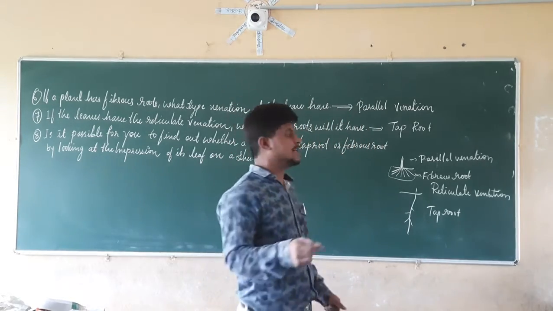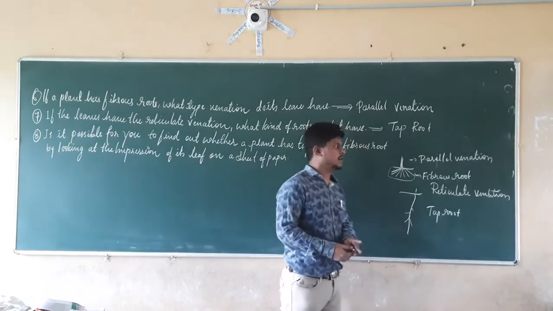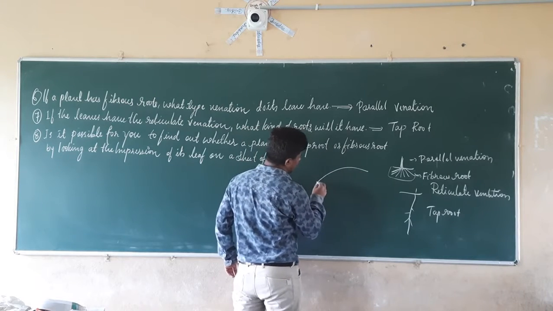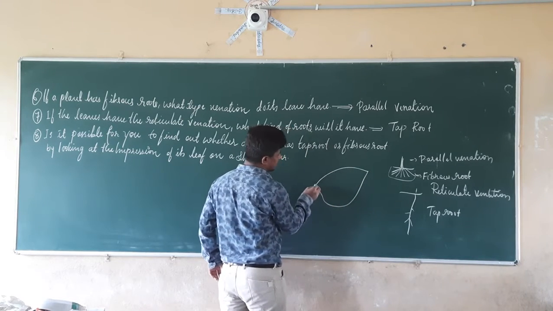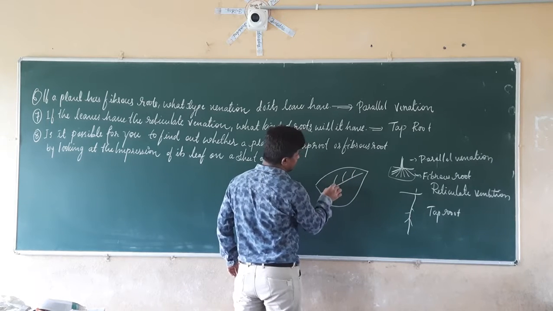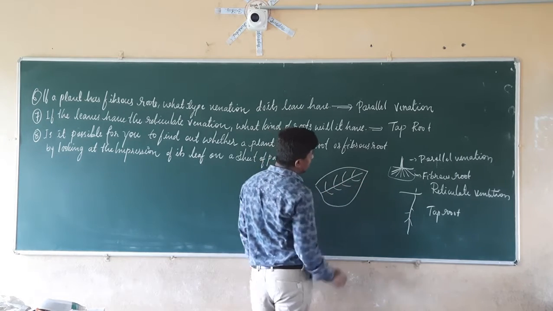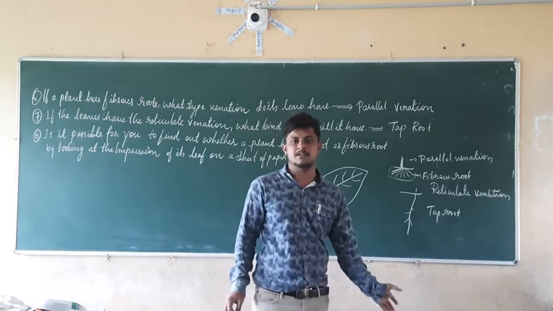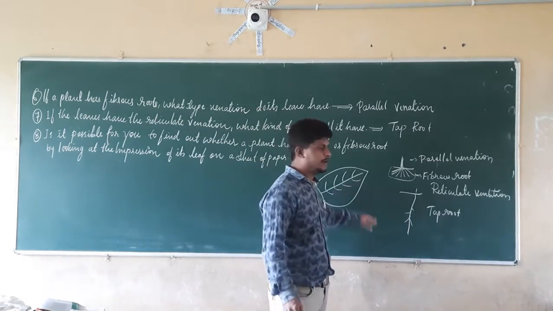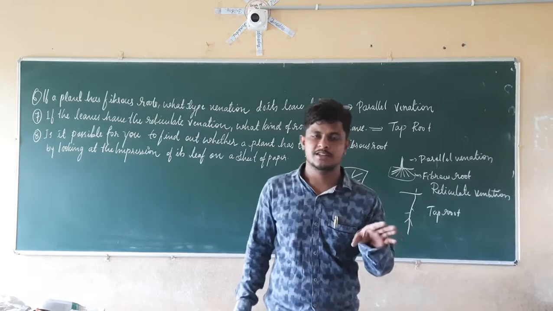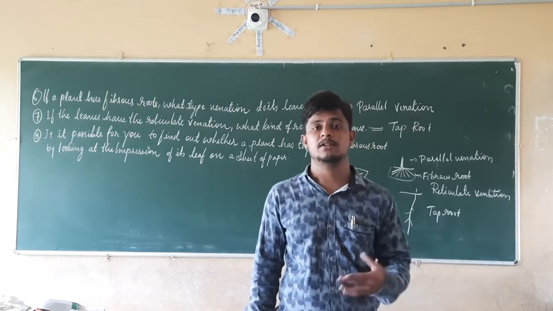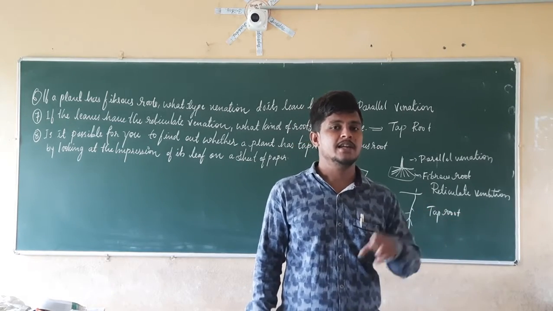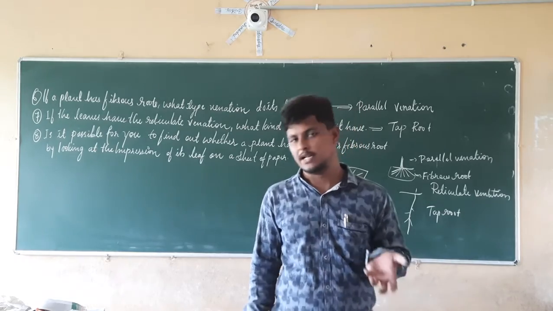By checking those impressions, by checking those designs, if the leaf is having a reticulate venation, or if you check here, if that leaf looks like this, or the impression of the leaf looks like this, then we can say it as the reticulate venation. And if the leaf has the parallel venation, then if those veins are parallel to each other, then that venation is known as the parallel venation. So by the structure, by the impression of the leaf, we are getting to know about the reticulate venation as well as the parallel venation.